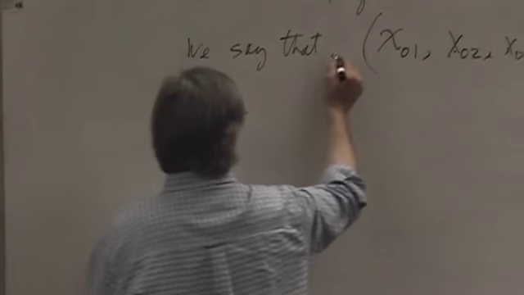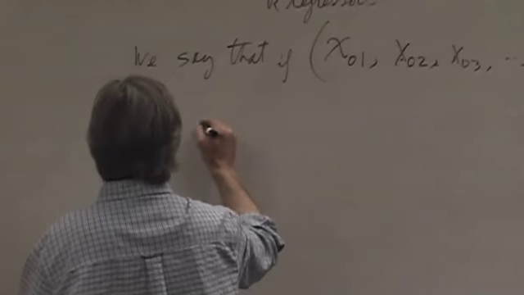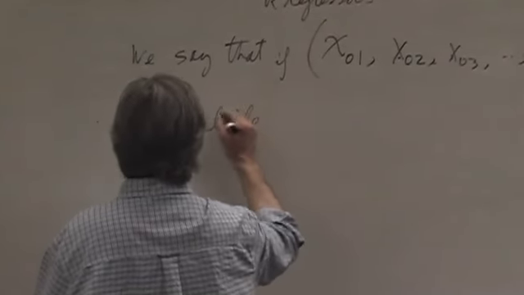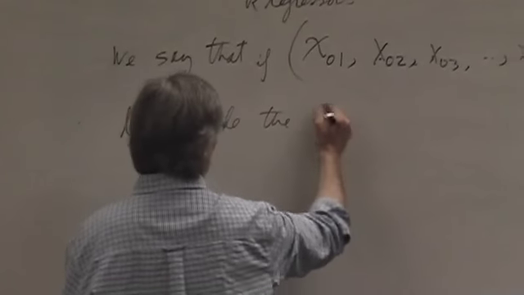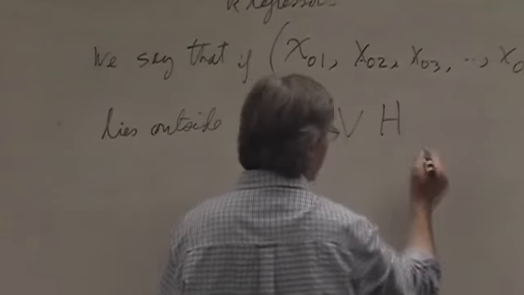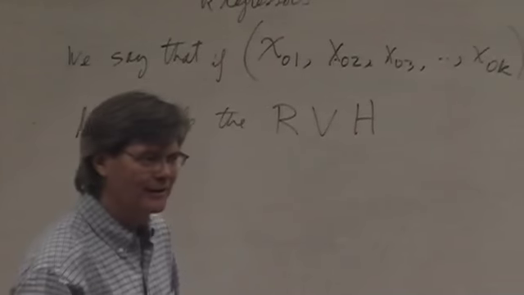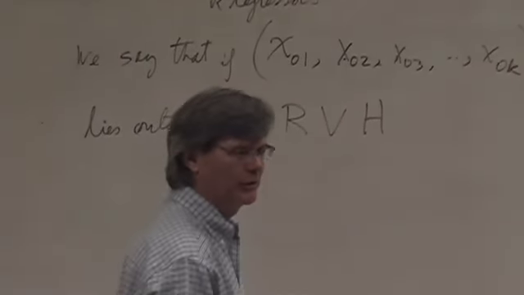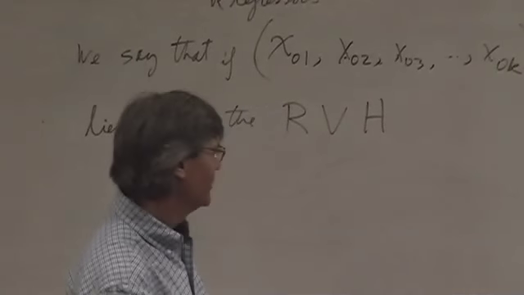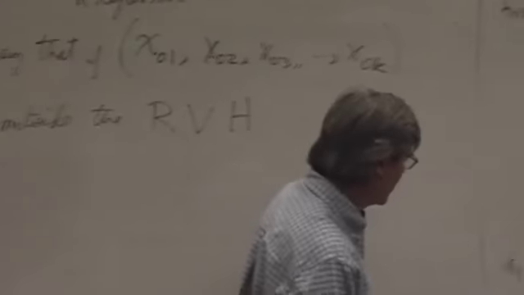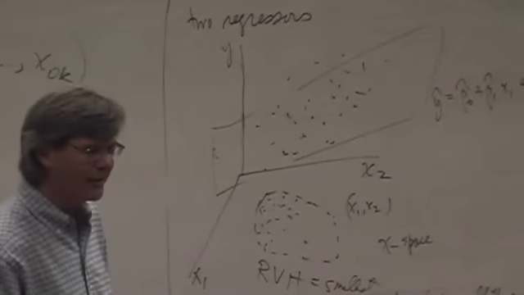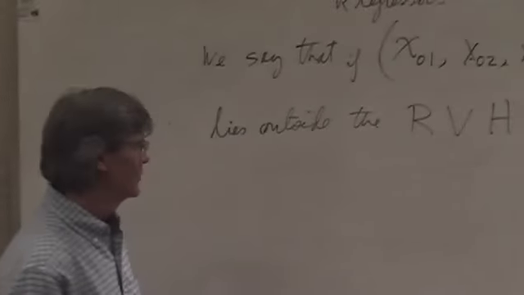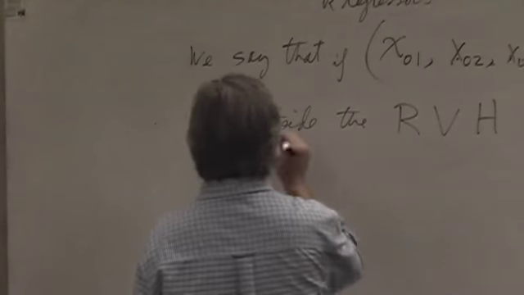We say that if this lies outside the regressor variable hull, which is the smallest set we might consider to be the X space. Okay? That's the smallest thing we would consider to be the X space. I mean, you might make it even smaller. You might just say the X space is just these points themselves. Okay? But that's not reasonable. It's not very robust. Okay? So, if this lies outside RVH, then